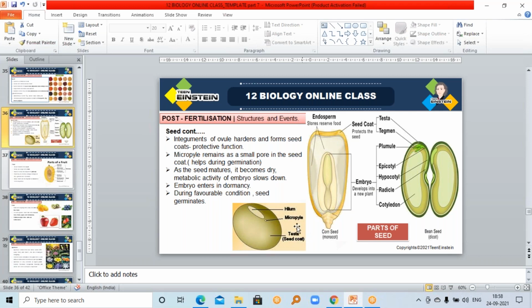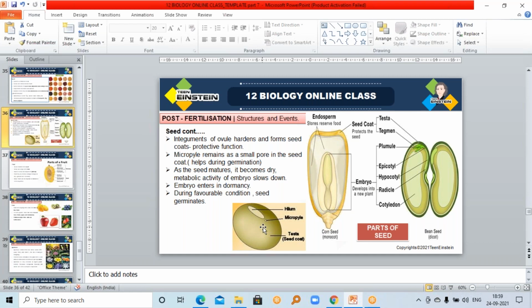And this helps for the entry of oxygen. It is a small pore, the micropyle, and this helps in the entry of oxygen and water during seed germination. So during seed germination, through the micropyle, the small pore which is existing, water and oxygen enter and